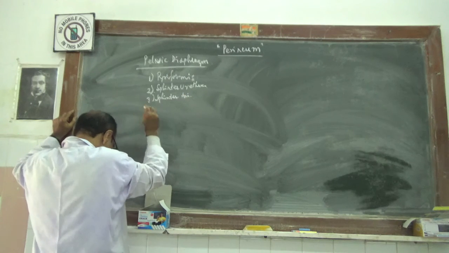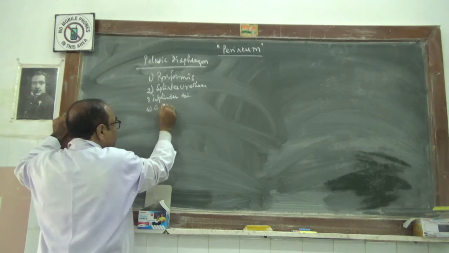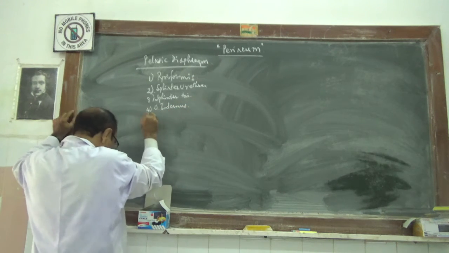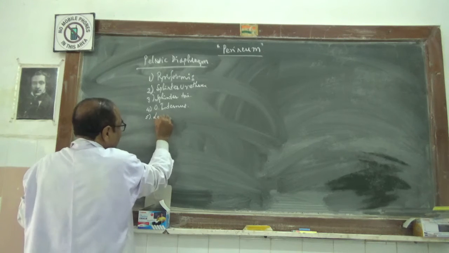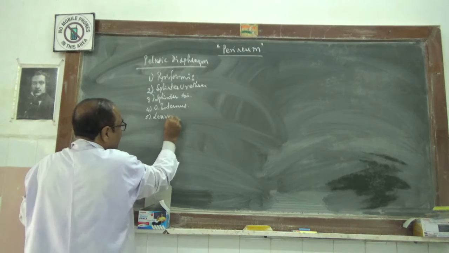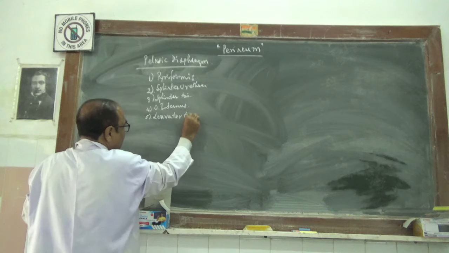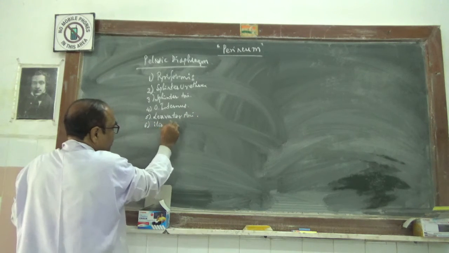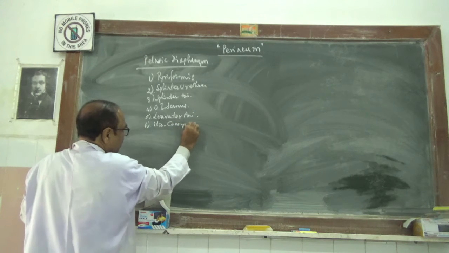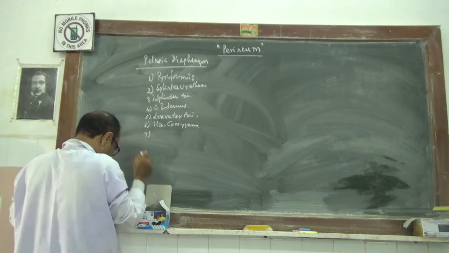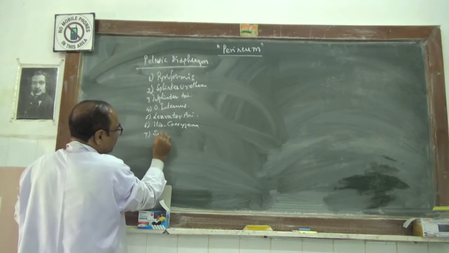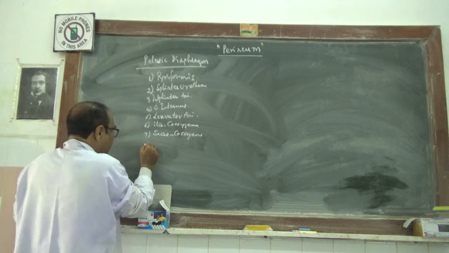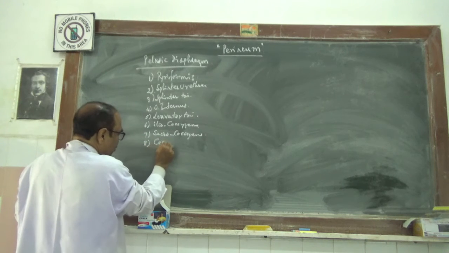Fourth, the obturator internus. Fifth, the levator ani. Sixth, the iliococcygeus. Seventh, the sacrococcygeus. Then eighth, the coccygeus muscle,